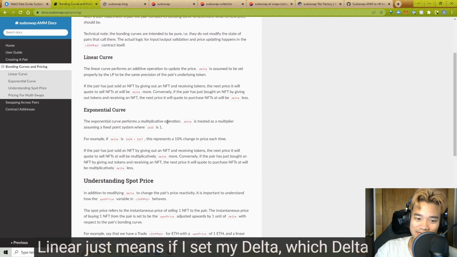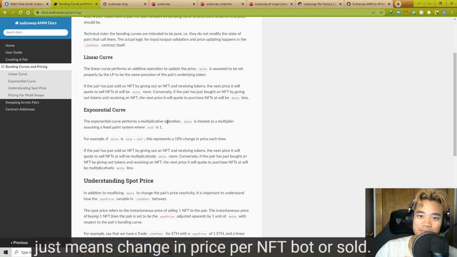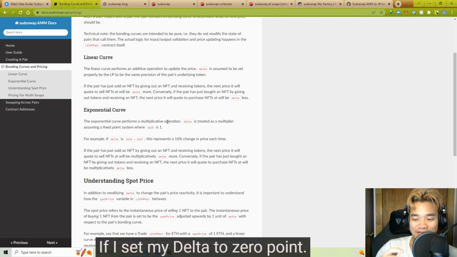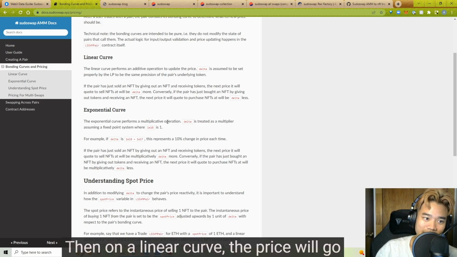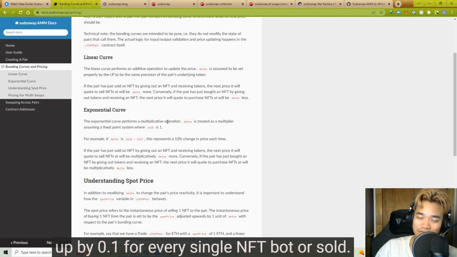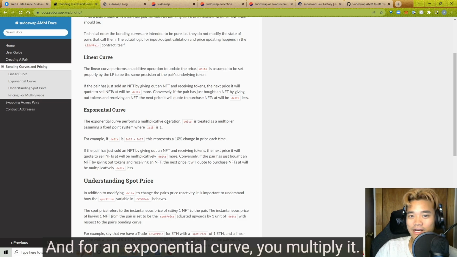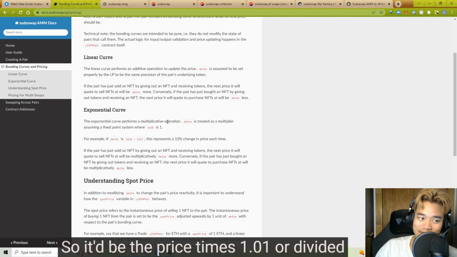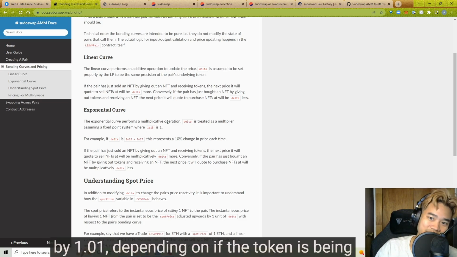Linear just means if I set my delta, which delta just means change in price per NFT bought or sold. If I set my delta to 0.1, then on a linear curve, the price will go up by 0.1 for every single NFT bought or sold. And for an exponential curve, you multiply it. So it'd be the price times 1.01 or divided by 1.01, depending on if the token is being bought or